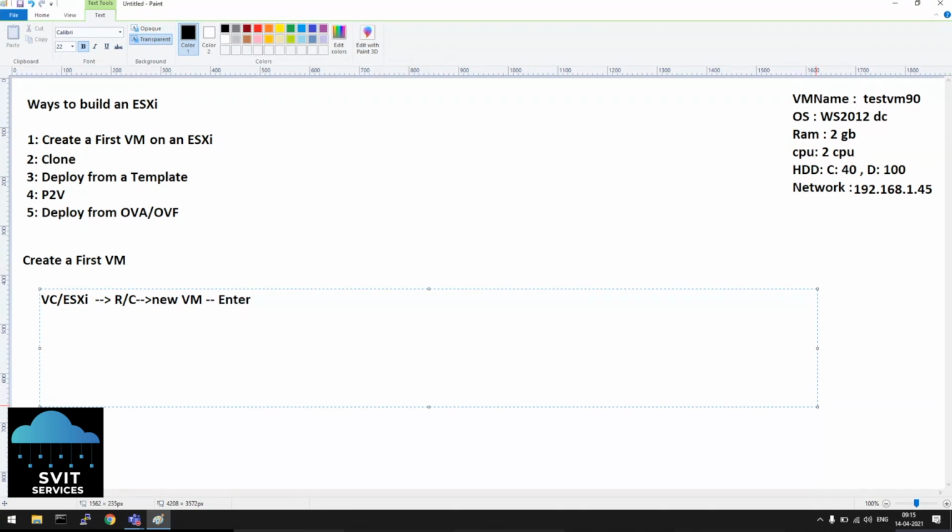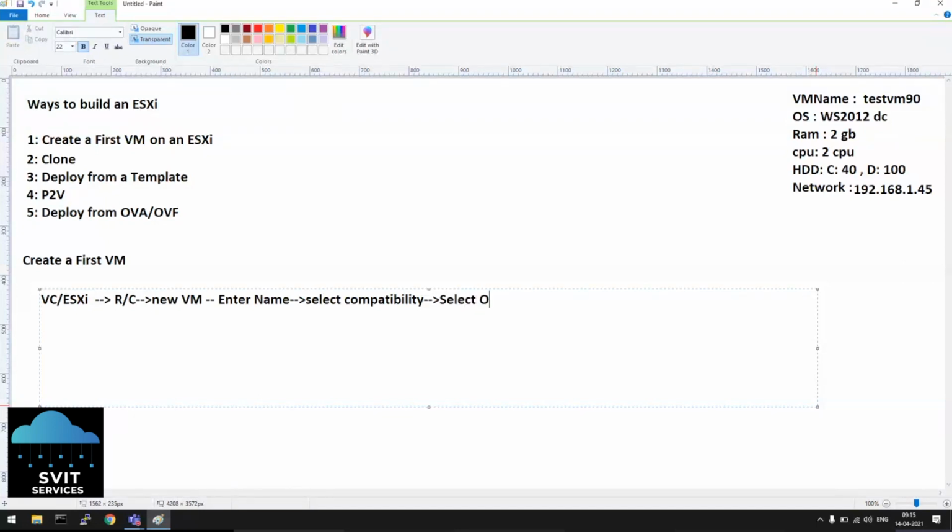Enter a name for that virtual machine. Select compatibility, like 6.5 compatibility or 5.5 compatibility, that version we have to select.